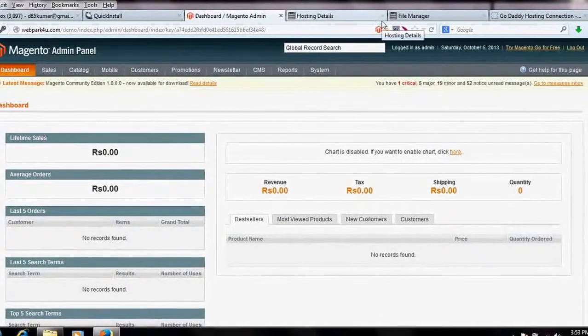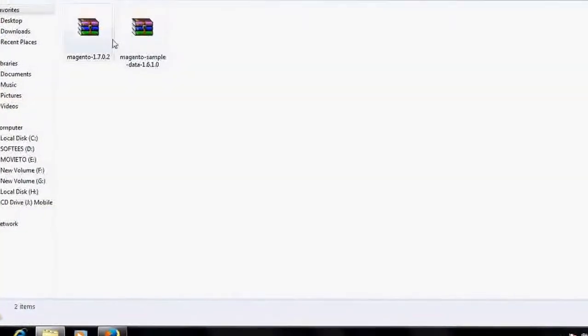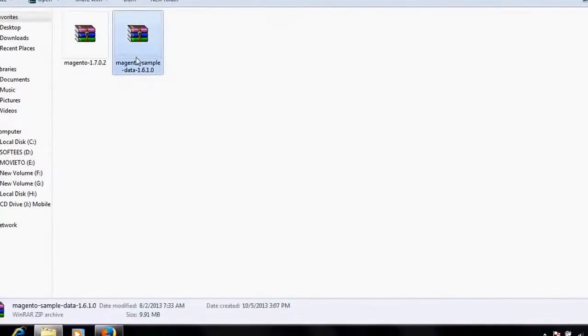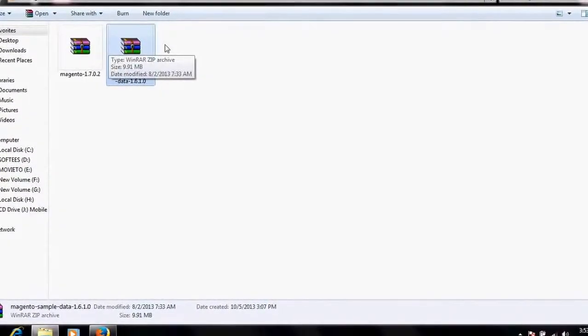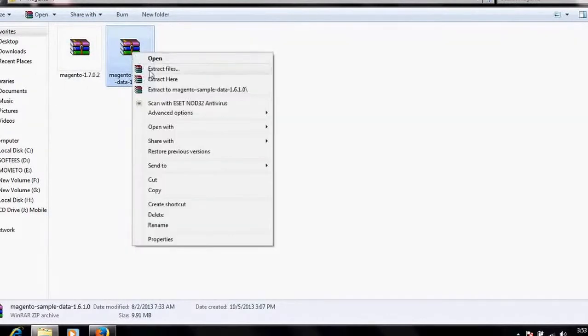In order to install the sample data, this is the sample data which we have downloaded from the Magento Commerce website. It consists of two things. We will extract it here.